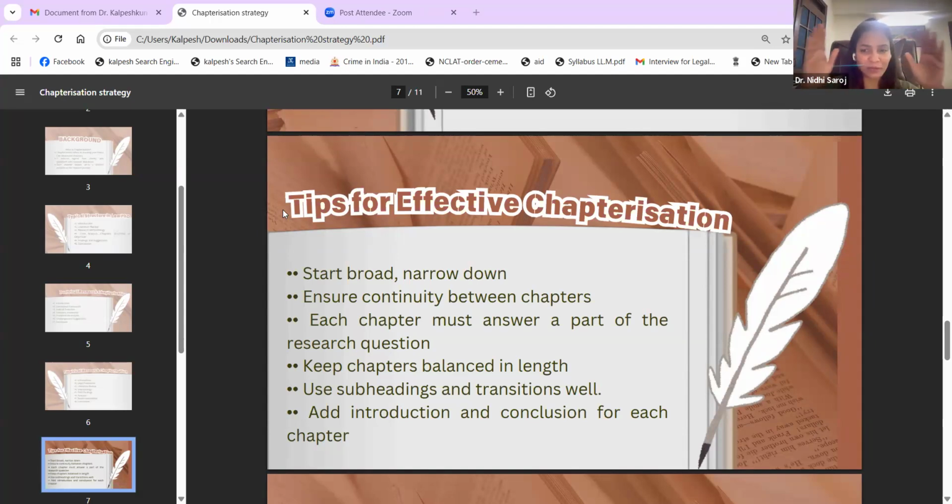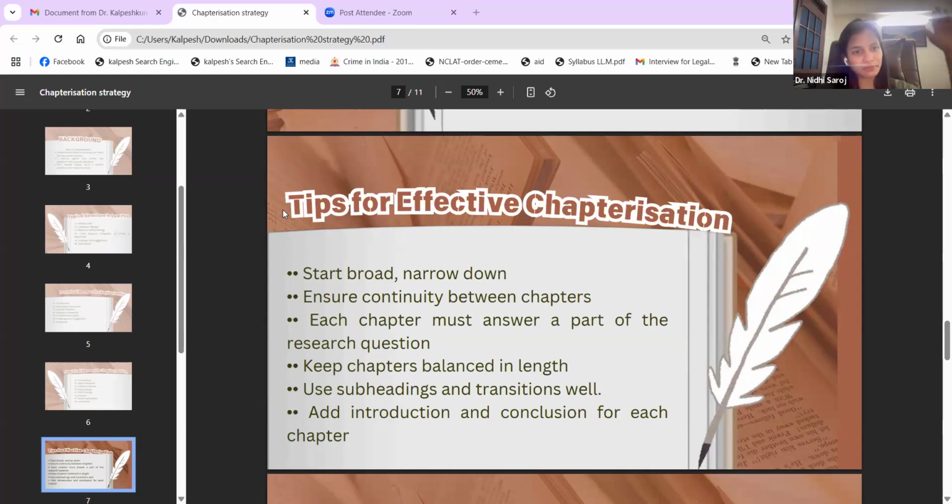We decided in the very beginning, I had done this, that chapter number 1 will have so many words, chapter number 2 so many words. But that does not mean that because we are fixing the words, we are going to compromise with the content. Ultimately, we have to keep revising and come up with the best version of it. Then subheadings. What I'm trying to tell you is subchapters are very important. It is not just chapterization.